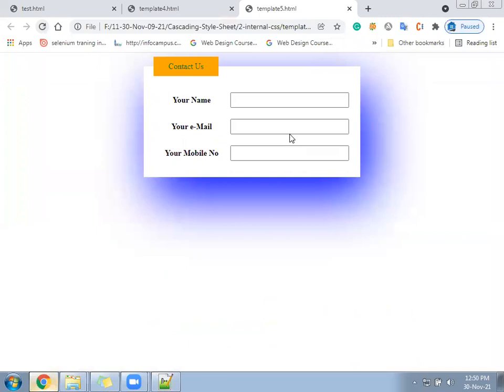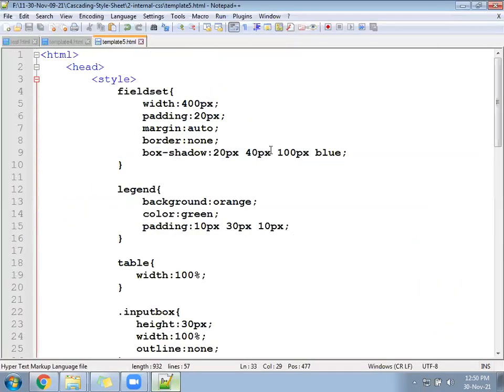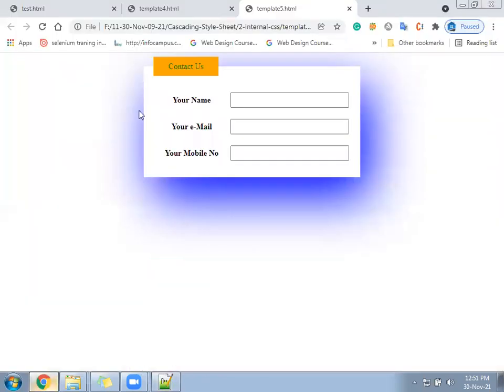Height got increased. Enough now, 40 pixel, 50 pixel height. Okay. Now, hope we can understand what the box shadow means. Box shadow, see, you have given the numbers here. From left side, 20. From top, 40. Density, 100. So you can see this is shifting from left to right a little and from top to bottom a little. Okay.